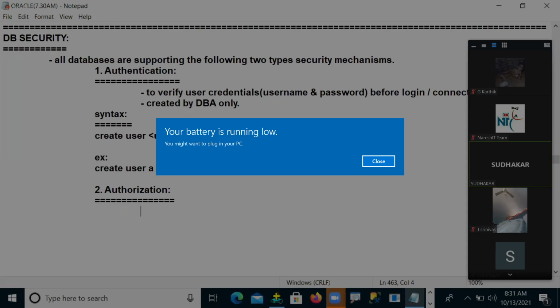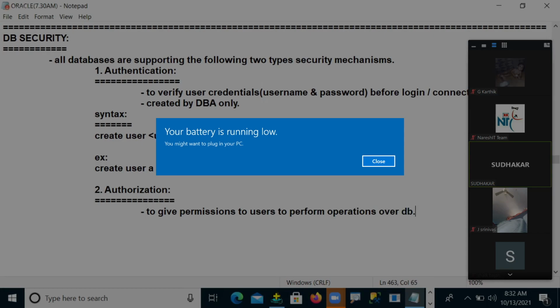So what is authorization? Authorization is nothing but giving permissions to users to perform operations over the database.